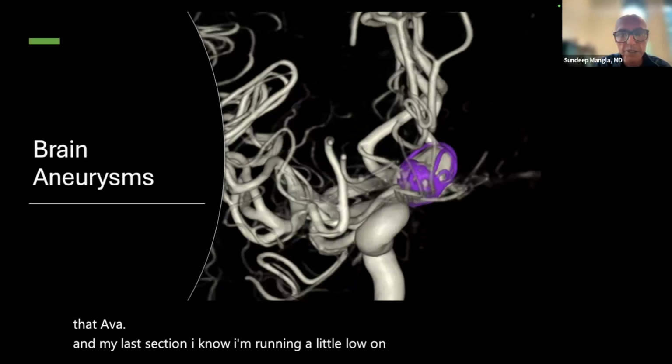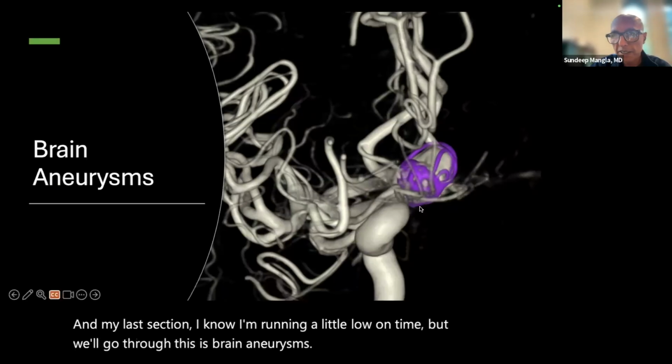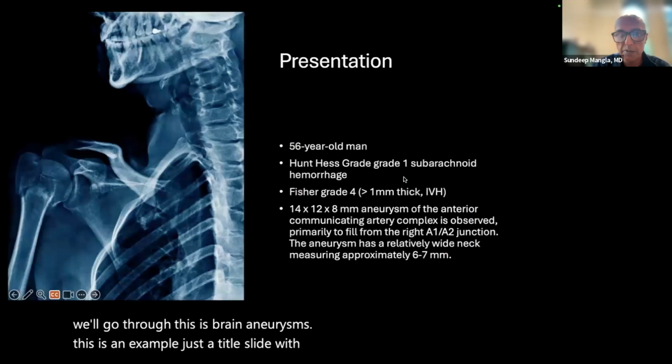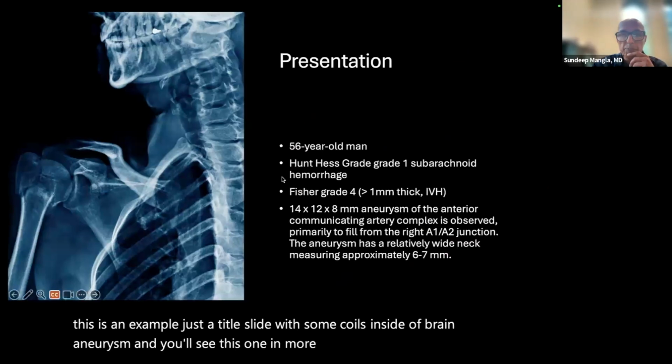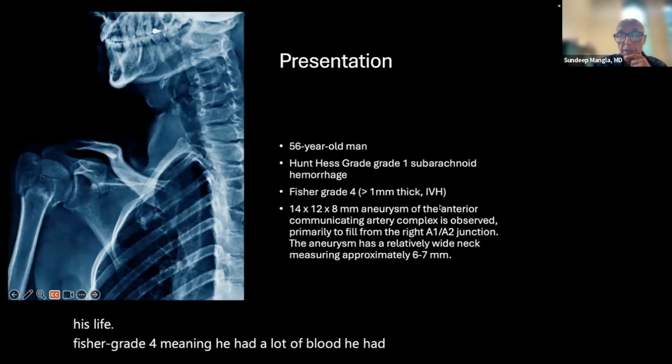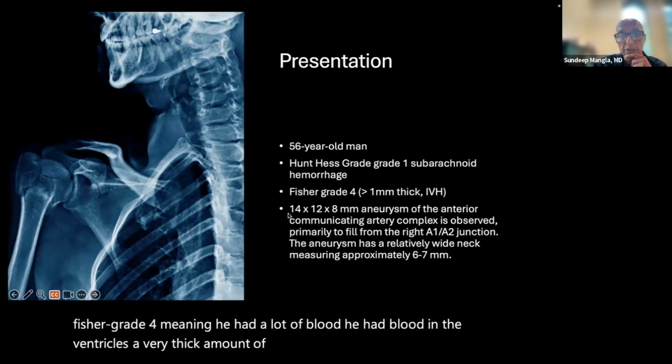Brain aneurysms. This is an example, just a title slide with some coils inside a brain aneurysm, and you'll see this one in more detail. 56-year-old gentleman, grade 1, worst headache of his life. Fisher grade 4, meaning he had a lot of blood. He had blood in the ventricles, a very thick amount of blood, and he had a very large anterior communicating artery